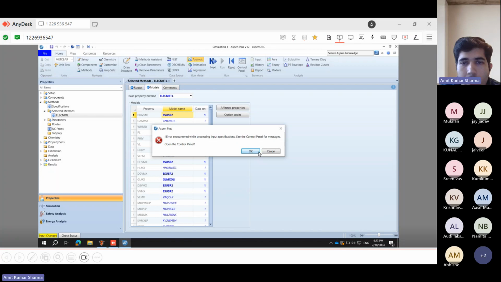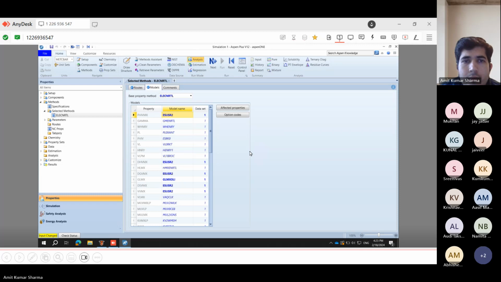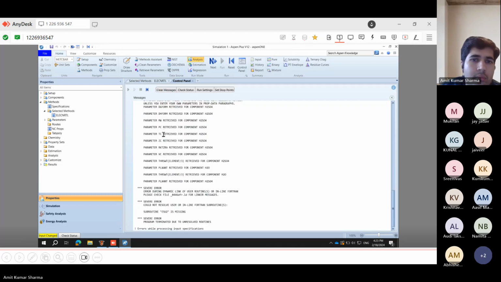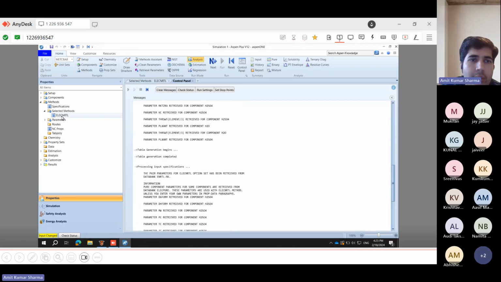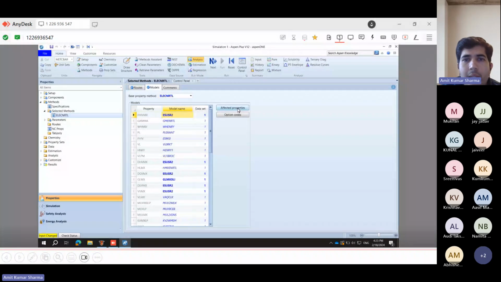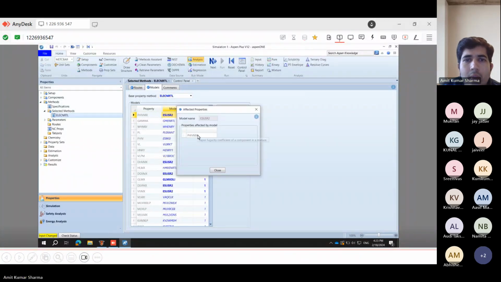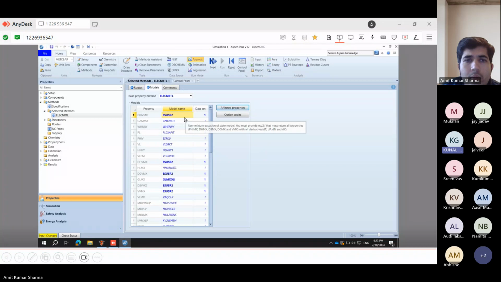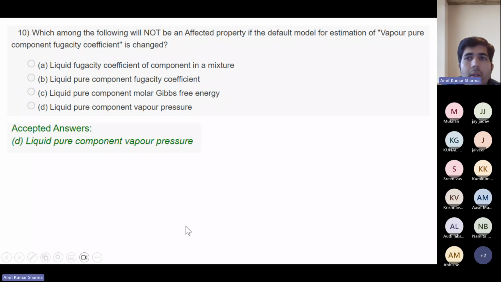Okay, I'm having some error. Just go back to that method. If you see the affected properties, it's PHIVMX, but in the question it is PHIV. Sorry, it is the vapor pure component fugacity coefficient.